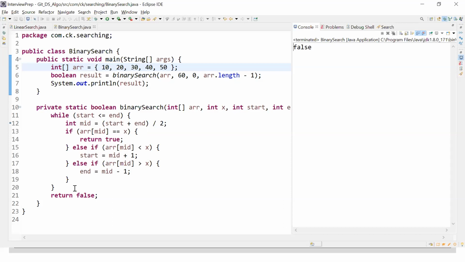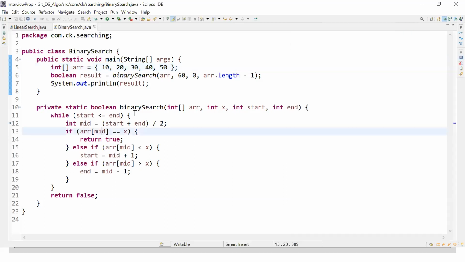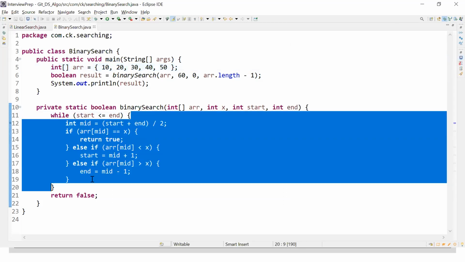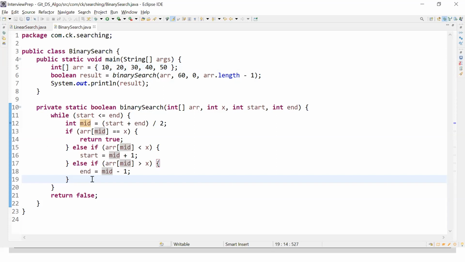It's a very simple algorithm, guys. There's no reason to break your heads or think that binary search is hard to code. Whatever we write as part of our flow chart, or maybe we need not even write a flow chart, the only thing we need is to think in the mind what happens, and that's it. There's nothing else to learn here.